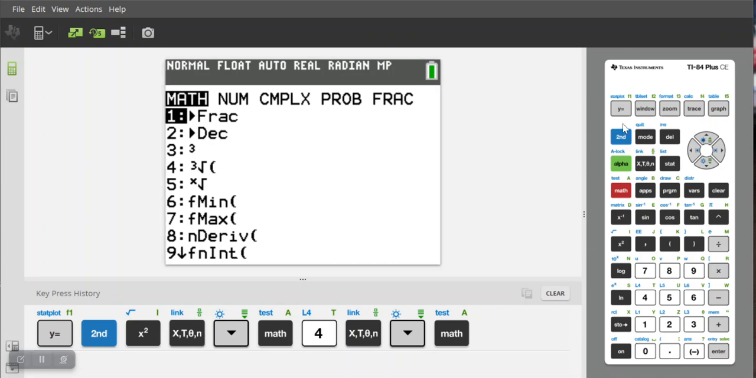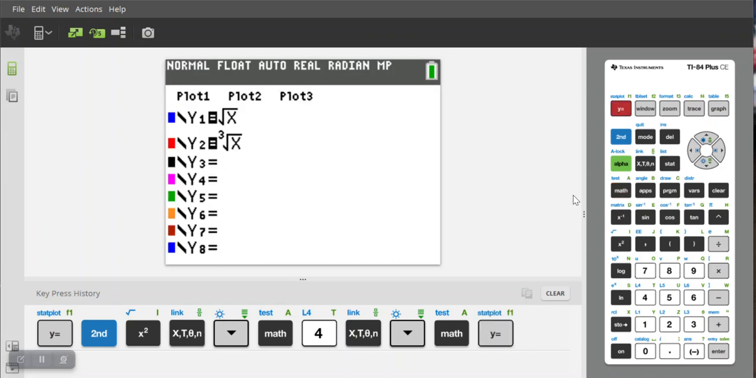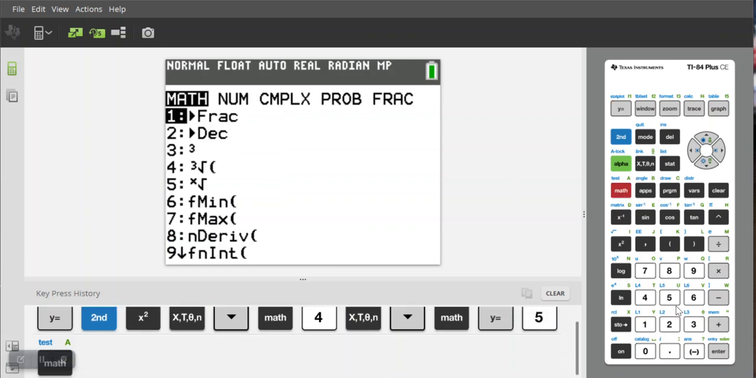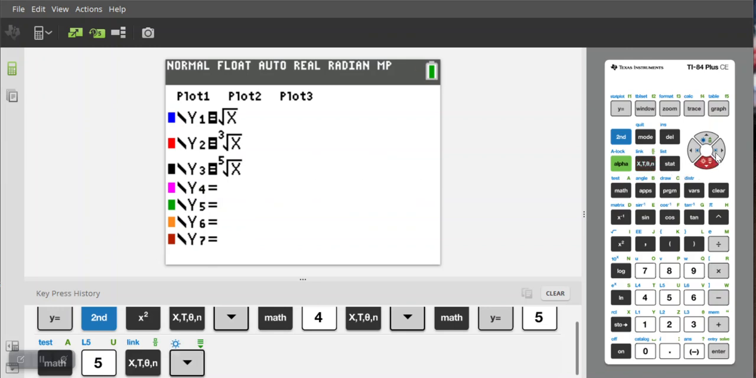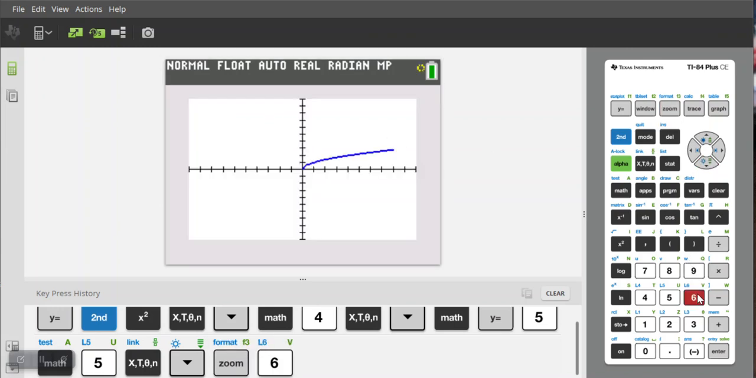So in order to graph this, we actually go back to our y equals editor, and let's say we wanted the fifth root of something. So we would do 5 and then math 5, plug in our x, and then we should see 3 different radical functions graphed. When we graph these functions, I'm just going to go to zoom 6 to make sure we're in the standard